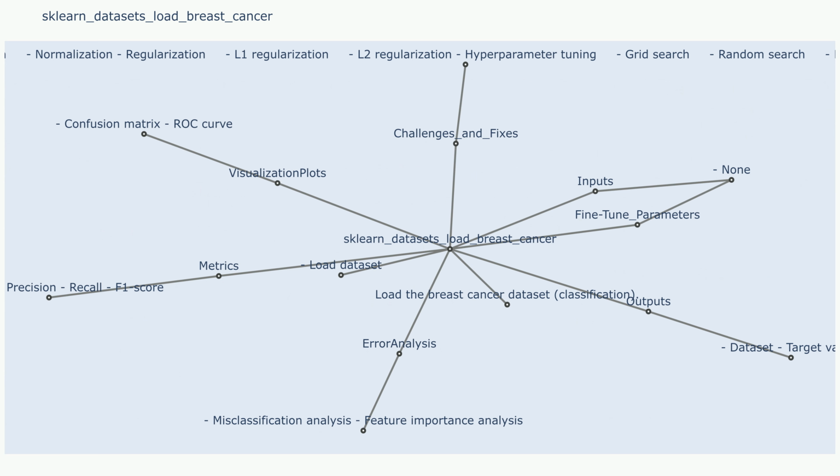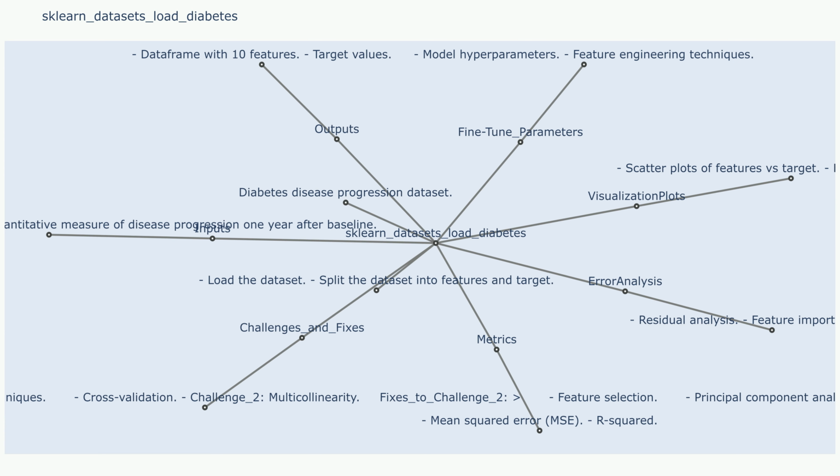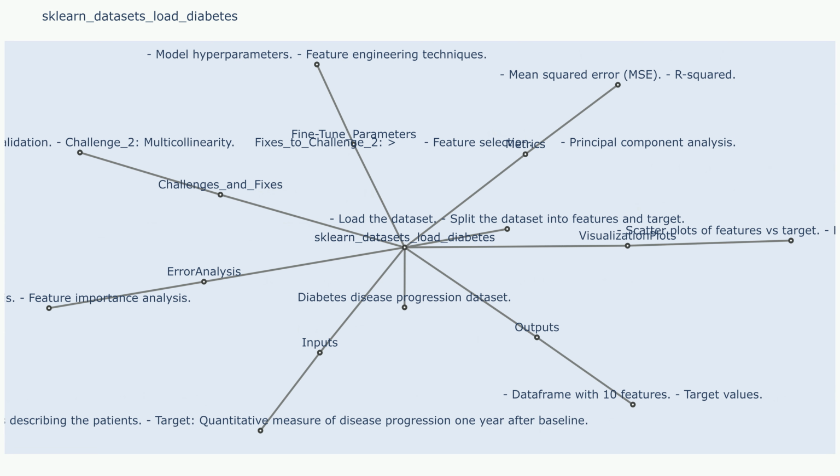Cross-validation: using cross-validation to evaluate the model's performance on unseen data. sklearn.datasets.load_diabetes. Description: the diabetes dataset contains 442 instances with 10 features each, describing patients with diabetes. The goal is to predict the disease progression 1 year after the baseline. Inputs: